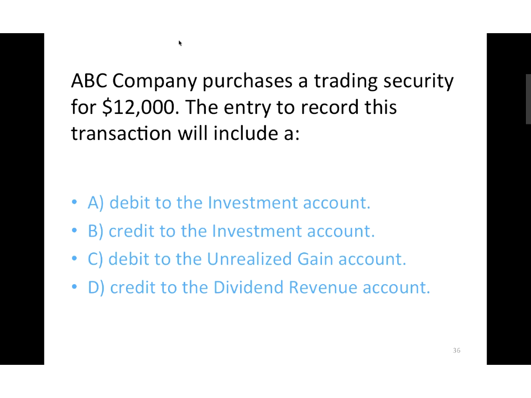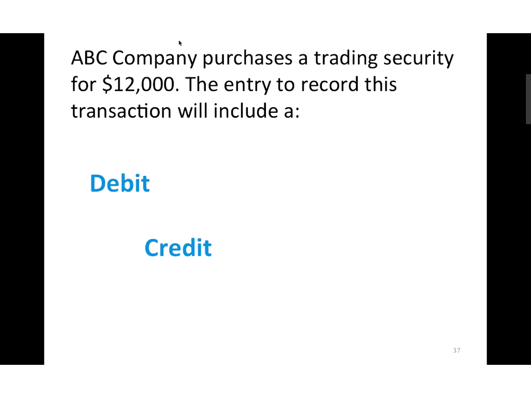Okay, on this question, because I've got a lot of questions like this today and Wednesday, there's a fairly short question, but then the answers are really long, and sometimes I think we get lost in the answers. So I just want to show you a strategy for this one. The first thing I do is, when it says entry, I would get rid of all those answers. I would say, okay, this is asking me for an entry. An entry says debit and credit.